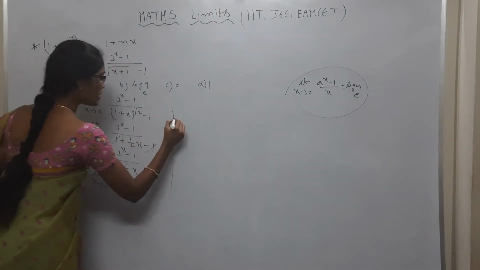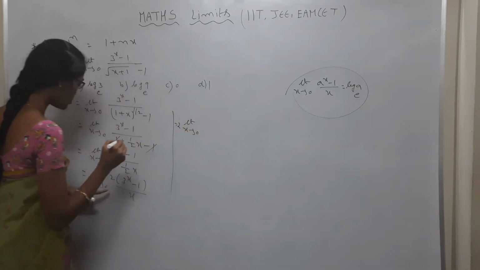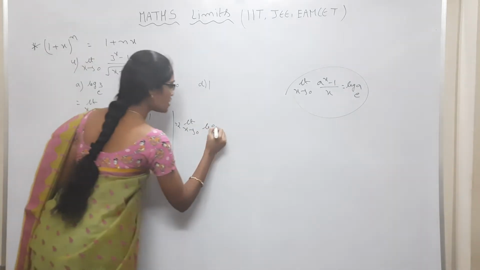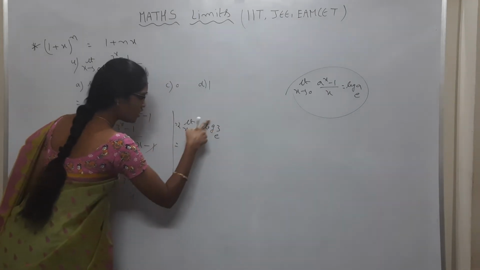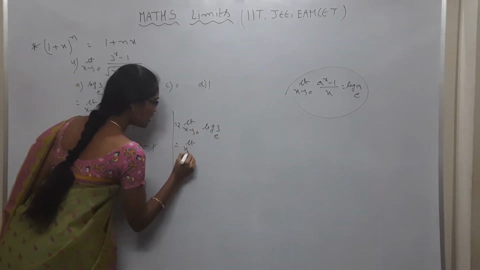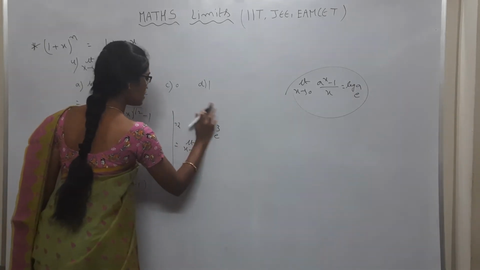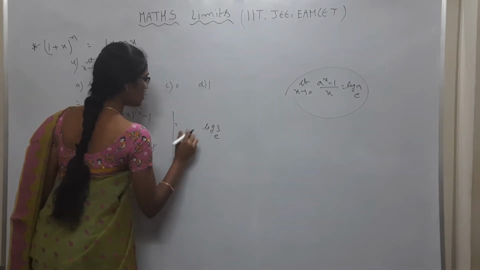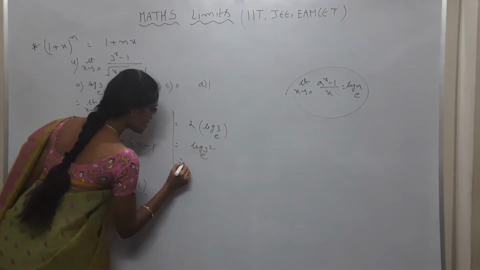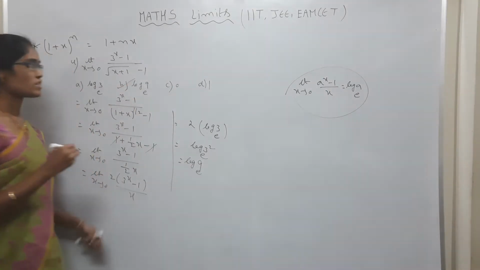So now here I am applying the formula. Limit x tends to 0, 2 is constant. In place of a I am writing 3, so log 3 base e. Again log is there, no? So this 2 as the power on the right: 2 into log 3 base e. This 2 can I write here as log 3 whole square, that is equal to log 9 base e. Log 9 base e is the second option. Okay.